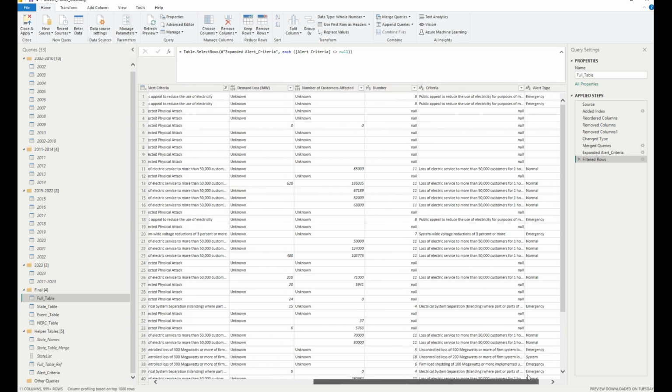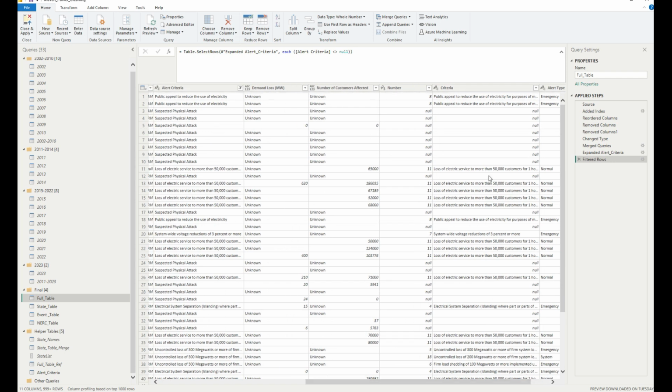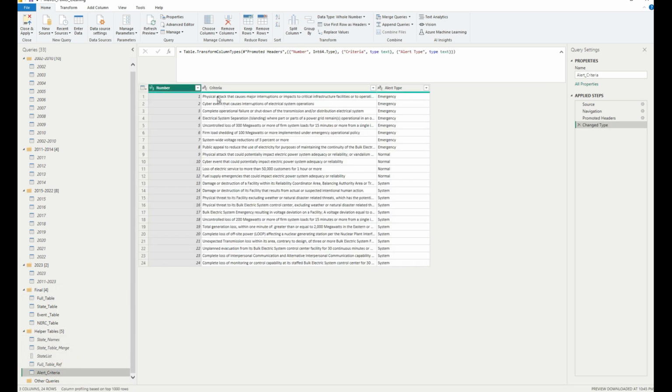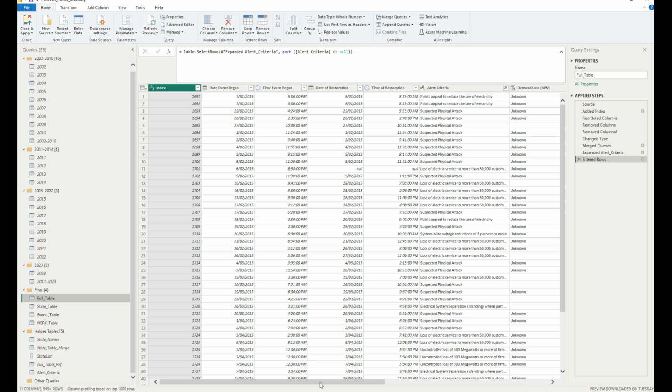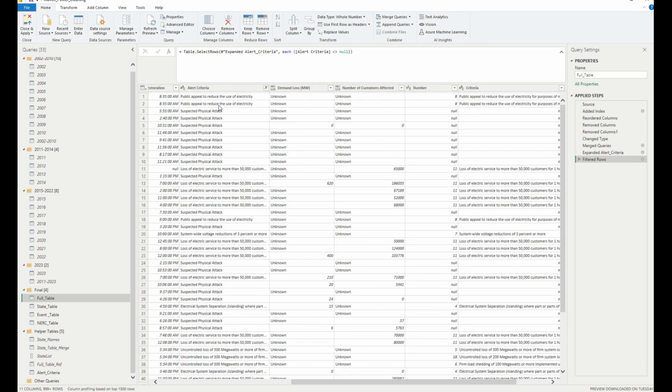it's still not picking up suspected physical attack. So where we have this physical attack that causes major interruptions, and we have number 9 as a physical attack, it appears because there isn't sufficient information here to differentiate between some of those. It's not picking any. If we do go down to like 0.2, it does pick up